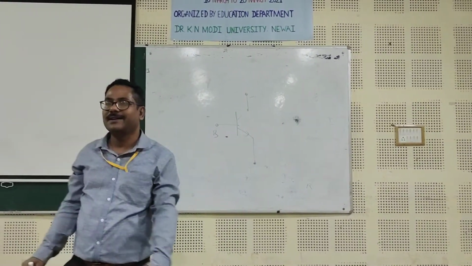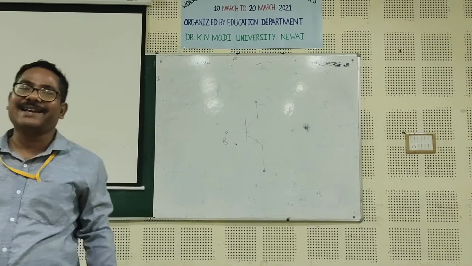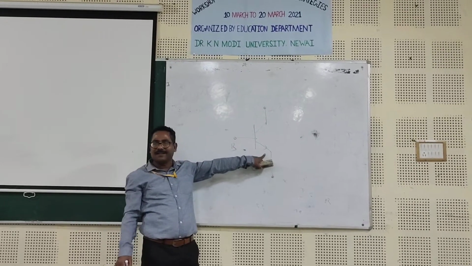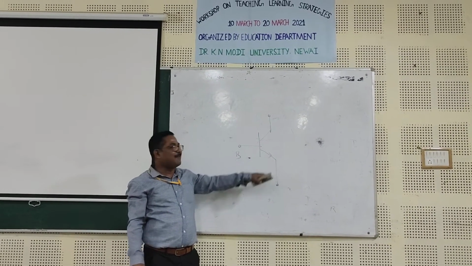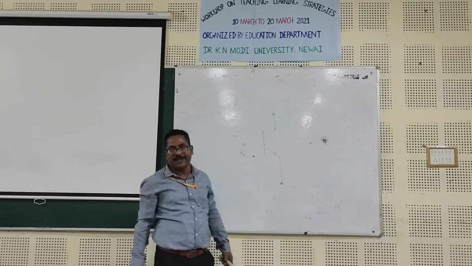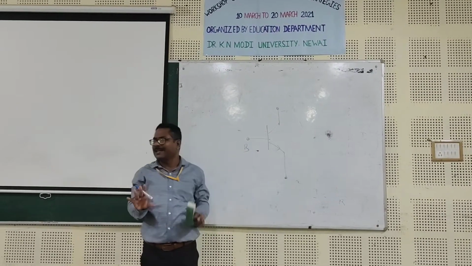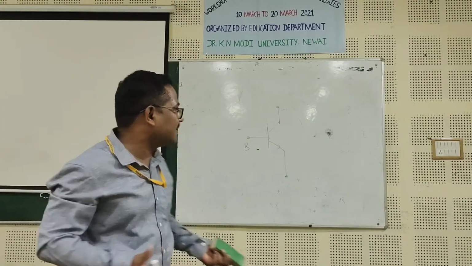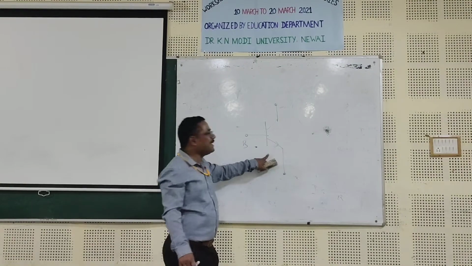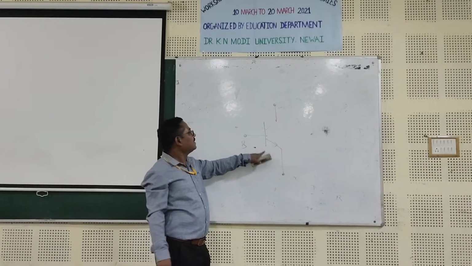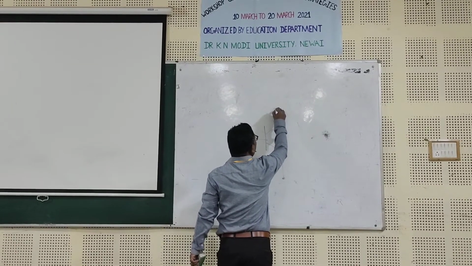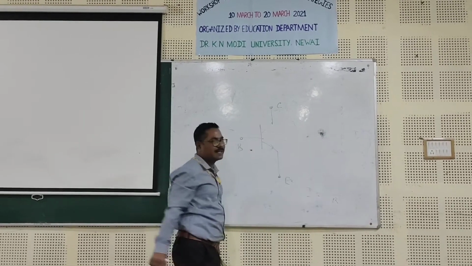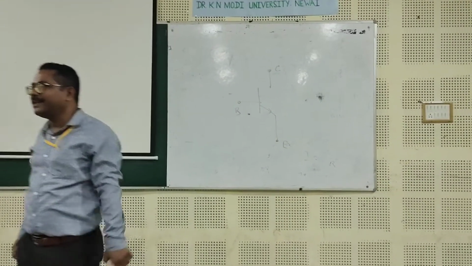What type of transistor, PNP or NPN? NPN. Look at the direction of the arrow. If the direction is outward, it will be NPN. If the direction is inward, then it will be PNP. It is not difficult. It is only a convention. So this is an NPN transistor. What is the name of this terminal? Collector. And this will be your emitter. So 3 terminals are there.